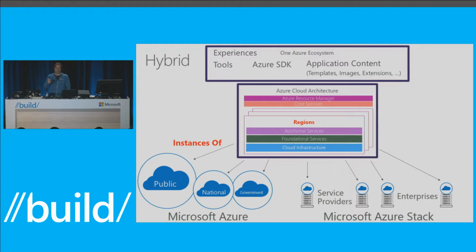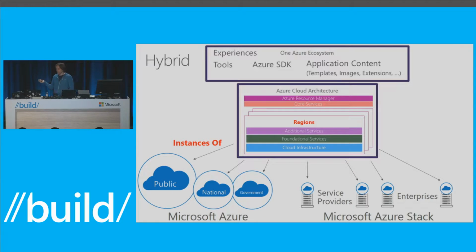It's important to say that each of these clouds can actually be multi-regional clouds. So even a service provider can have multiple regions in their instance of the cloud. That said, that cloud is still operated by that service provider, not Azure, right? And so it's your private one with multiple regions. And so these architectures are what enable the common ecosystem that includes the Azure SDK and things like templates and images. You can share images, virtual machine images. You can share virtual machine extensions like Puppet and Chef across all of these instances equivalently.